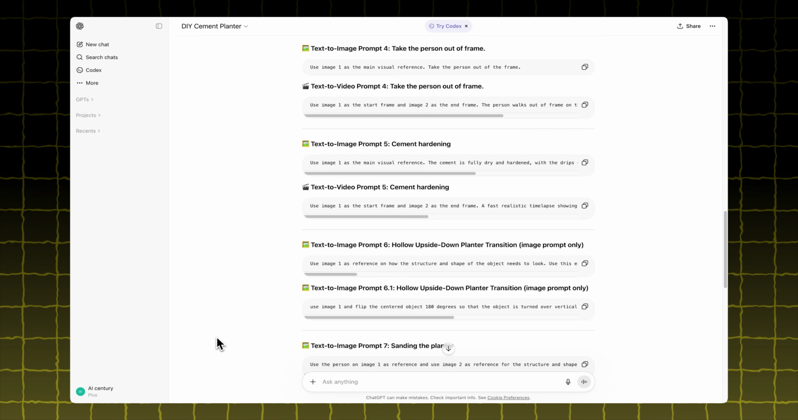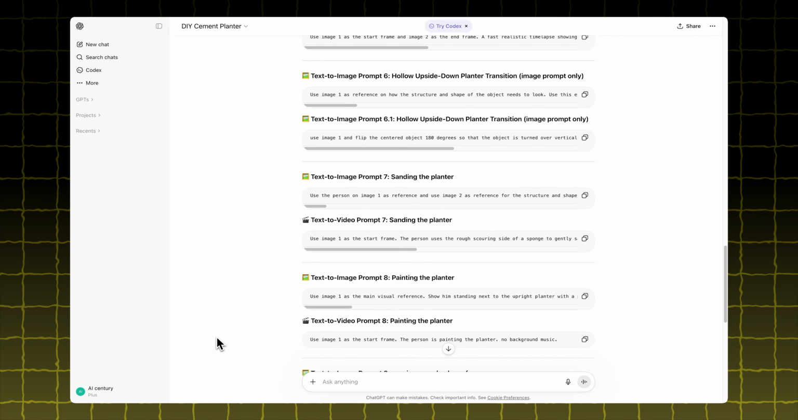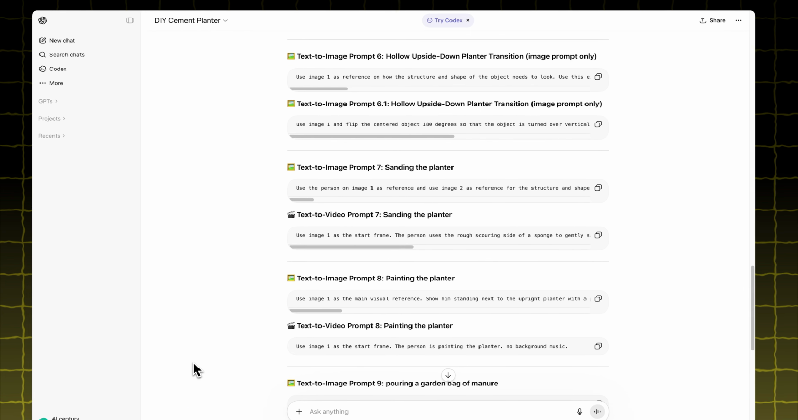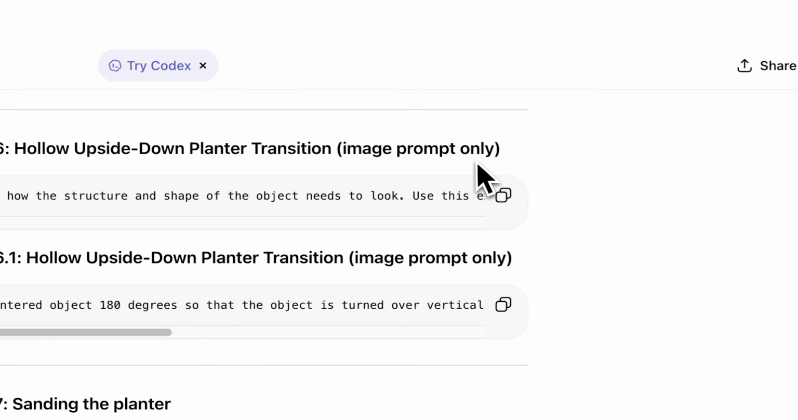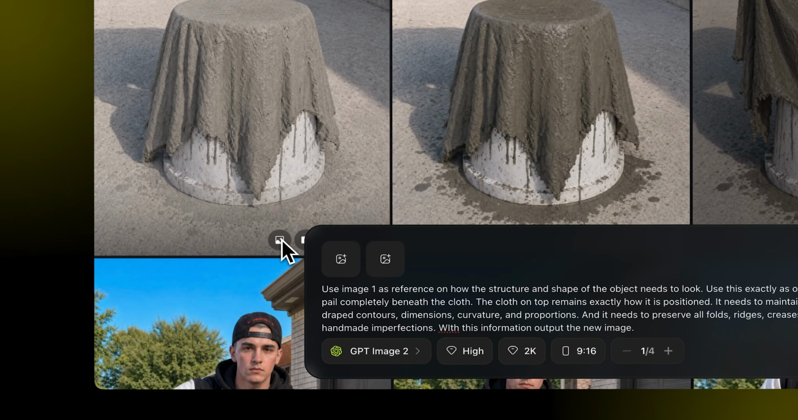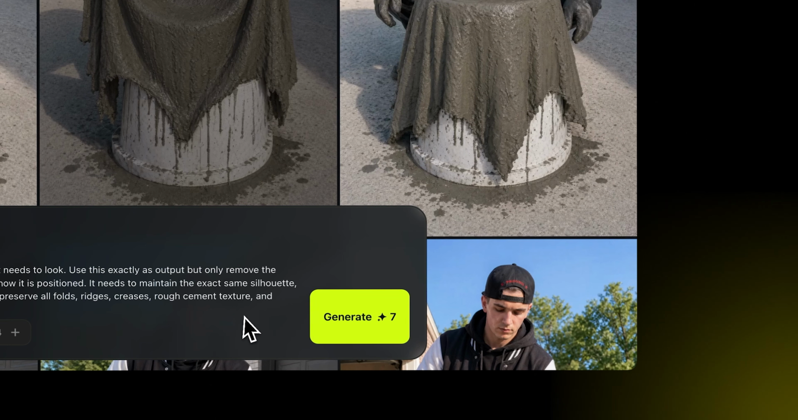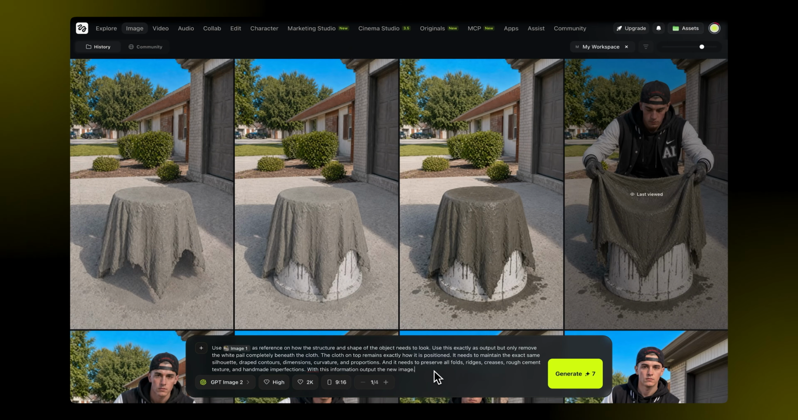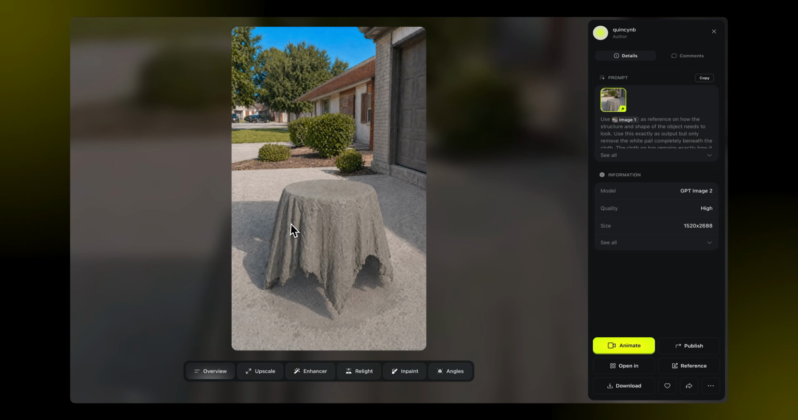Now we move into one of the trickiest parts of the workflow. Text-to-image prompt 6 is used to remove the bucket underneath the cement form. This part does not have a video prompt, only image prompts. So copy the first prompt 6, paste it in, attach the dried cement image as your reference, tag it, and generate. This step can take a few tries, because the goal is to remove the bucket completely while keeping the